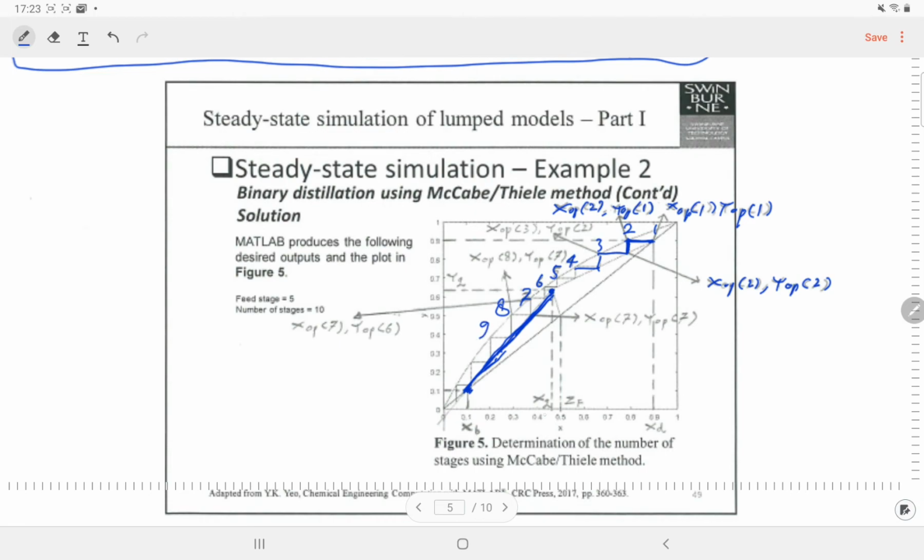Okay, and then there is a point where xb is, and this is a point where xq, yq is, and this is a point where zf is, and this is a point where xd is, and it's equal to xd as well here.